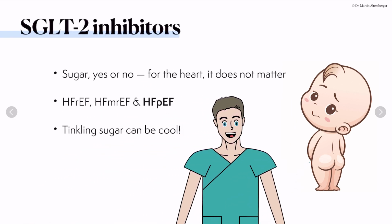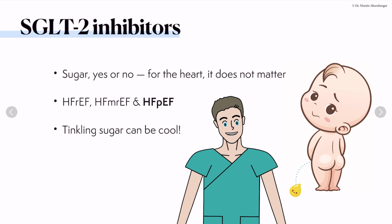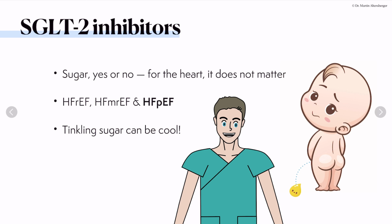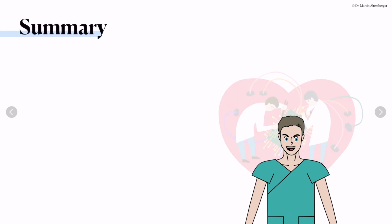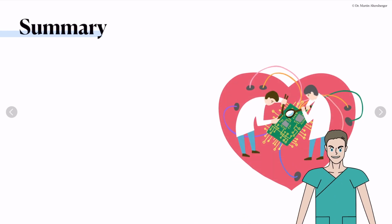And SGLT2 inhibitors, of course, sugar, yes or no. So diabetes, yes or no. For the heart, it actually does not matter. We can use it for all disease entities of heart failure with reduced ejection fraction, mildly reduced ejection fraction, and even for heart failure with preserved ejection fraction. So keep in mind, tinkling sugar can be cool. This already summarizes this